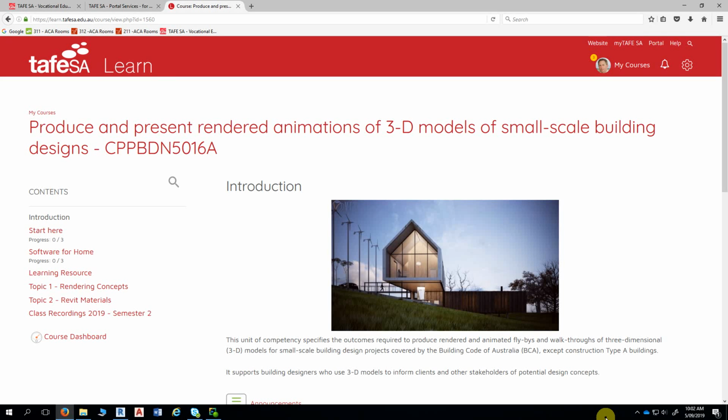Right, welcome everyone. This is now session 6. Today we're going to continue looking at the little practice exercise that we made a start on last week, which is the little two-storey building. Initially, I gave you a refresher on how to create a terrain